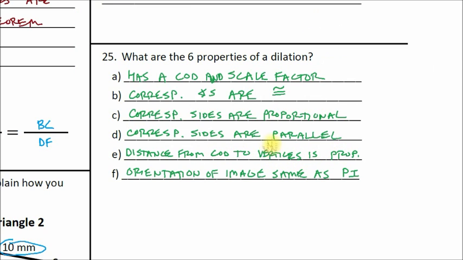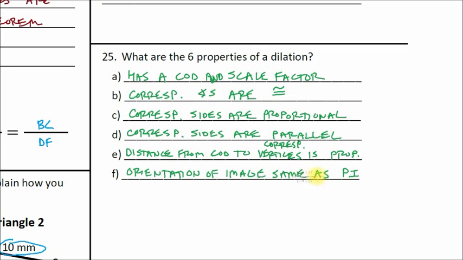I should actually add here corresponding. Let's abbreviate that. Corresponding vertices. I'll put a P there so I match up with my other abbreviation. Distance from COD to corresponding vertices is proportional, has the same scale factor as the corresponding sides, and then the